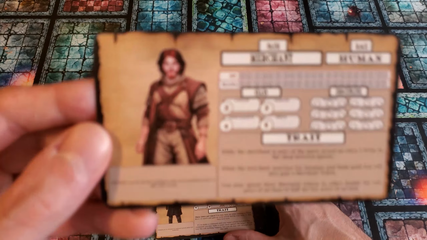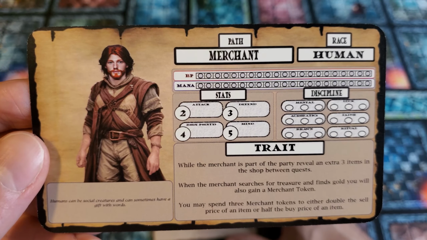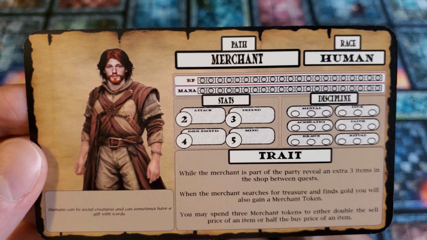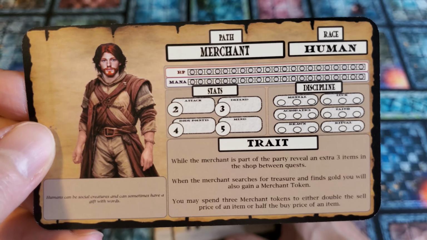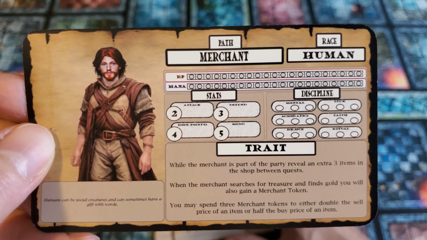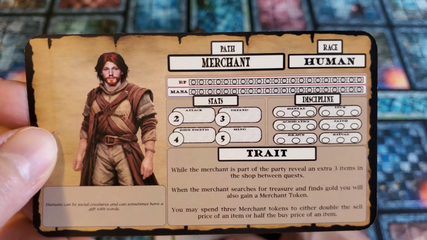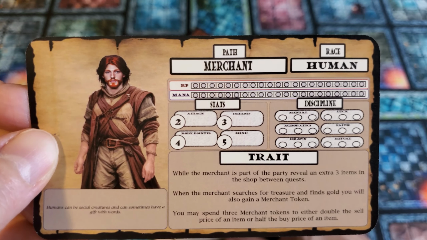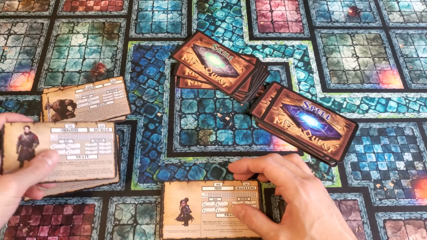So next up, we have Path of the Merchant. While the merchant is part of the party, reveal an extra 3 items in the shop between quests. When the merchant searches for treasure and finds gold, you will also gain a merchant token. You may spend 3 merchant tokens to either double the sell price of an item or half the buy price of an item. Next we have Commander, who is a human,